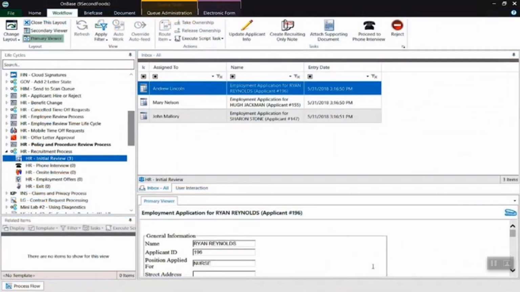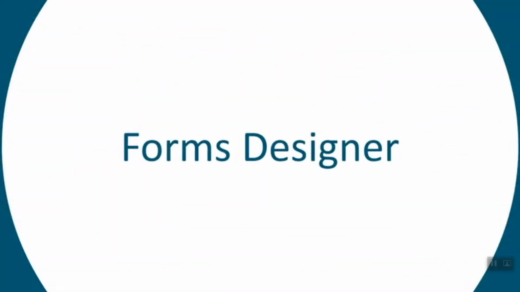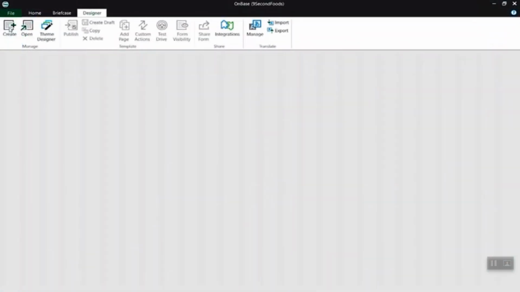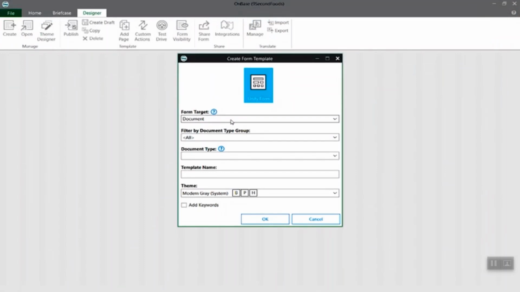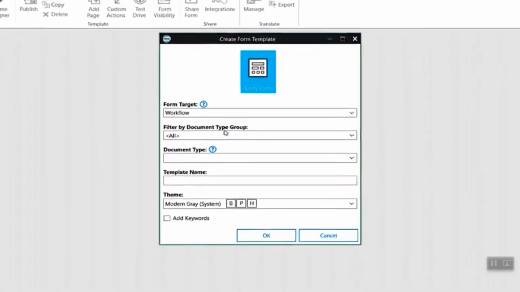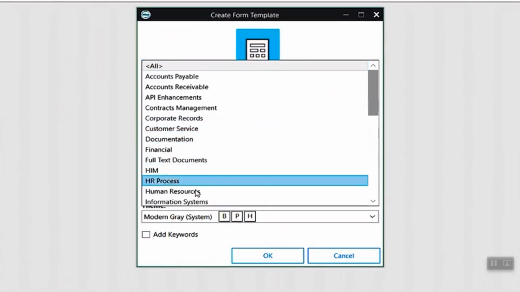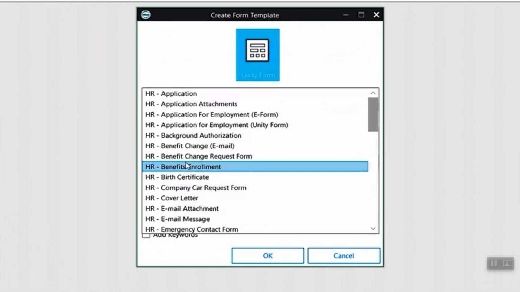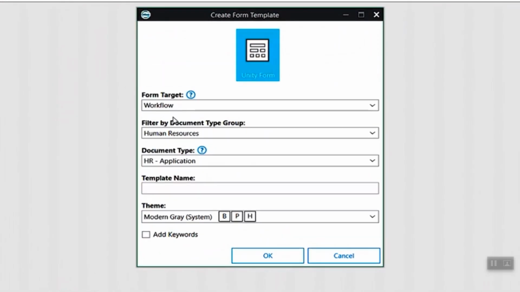In this workflow, we can update an applicant's information by way of a user form. Let's say we want to update this user form because we think the auto-generated form is too plain, but I don't know HTML code to build a new custom form. We select a document type to get access to keywords, but again, this form will not be stored as a document. I'll enter a template name